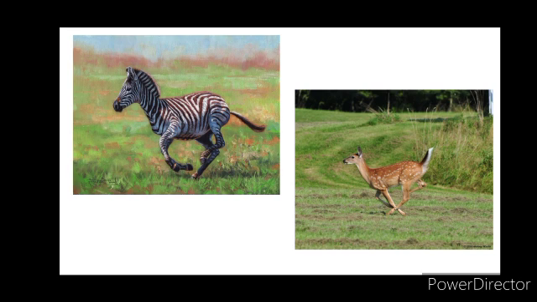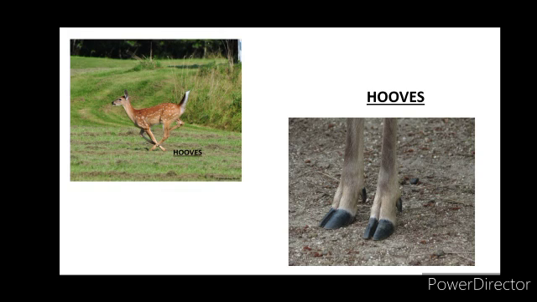The deer and zebra are herbivores because they eat only plants and plant products. They have developed hard ends on their feet called hooves. These animals run very fast to escape from the